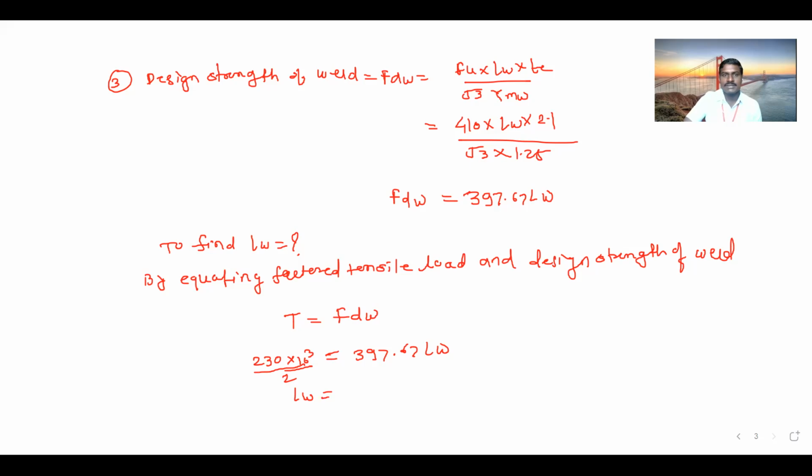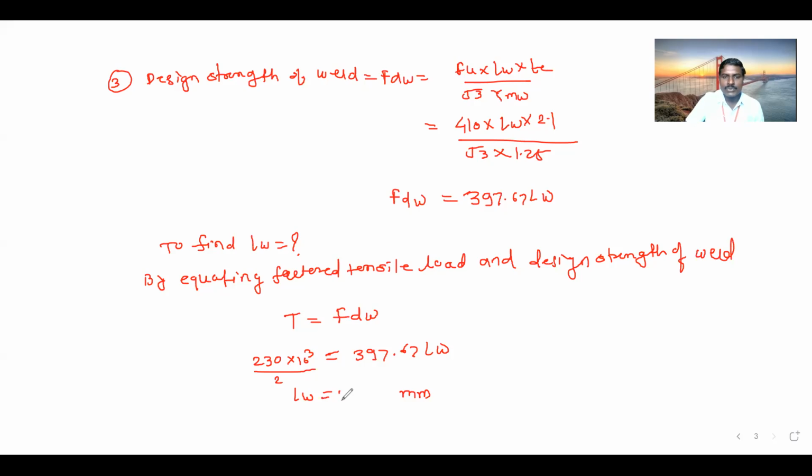Are you getting? जर टोटल लोडला आपण 2 ने डिवाइड केलं तर काय होणार आहे? Whatever this FDW we have calculated, this is for one angle. बरोबर की नाही? आणि लोड जो येणार आहे तो कितीचा येणार आहे? For two angle. This is load for two angle. If I divide this load by 2, then this LW is for one angle or two angle? One angle. So now tell me, this is the correct. Why I have divided by 2 here?